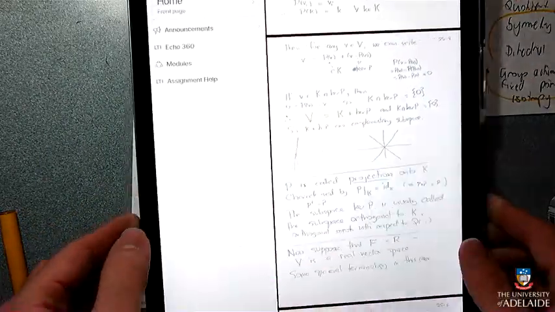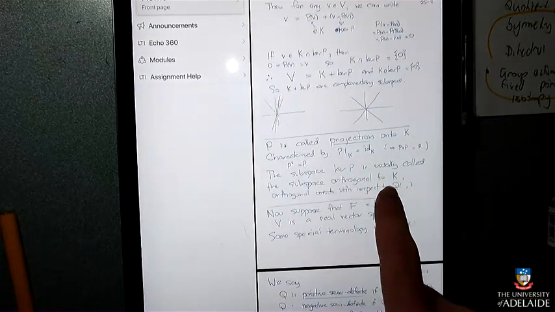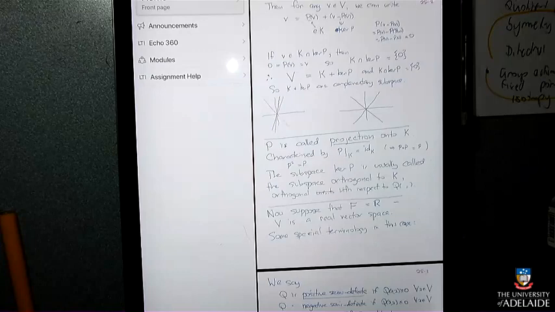Is there anything else to know about projections? Oh, look, he's even said it's called orthogonal. Yay, orthogonal with respect to the dot product Q. My instincts are good in this course. I'm doing well. Most of what's here, the same instincts that we're trying to develop in Maths 1B apply here. We've just made them more general. We have a dot product called Q, which doesn't behave quite the same way as a dot product normally behaves, but we still call things orthogonal if the dot product is 0.